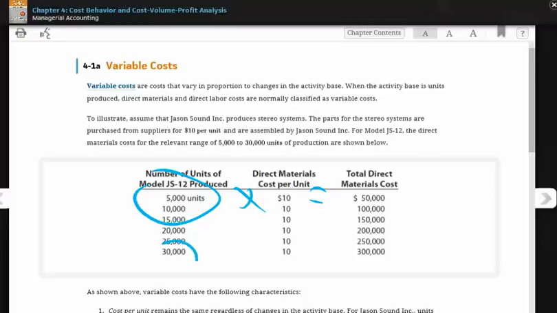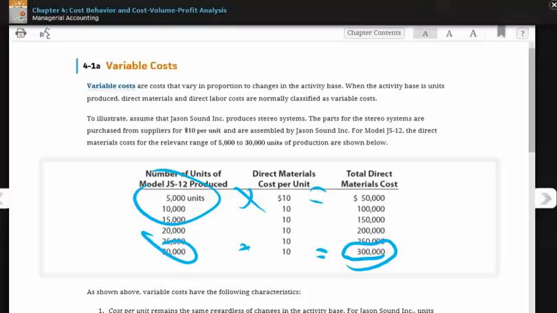If we do 30,000 units times $10, that's going to be equal to $300,000. So we can see that the cost, while it continues to be $10 per unit, is going to